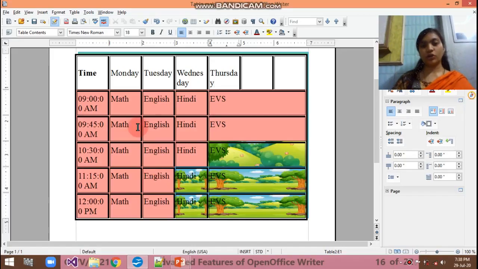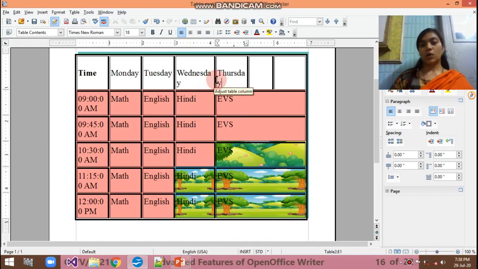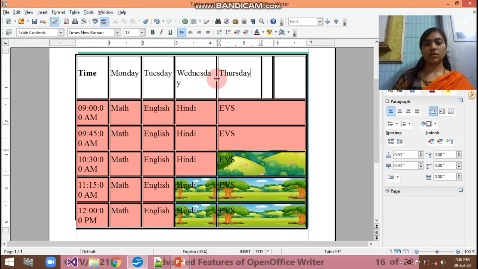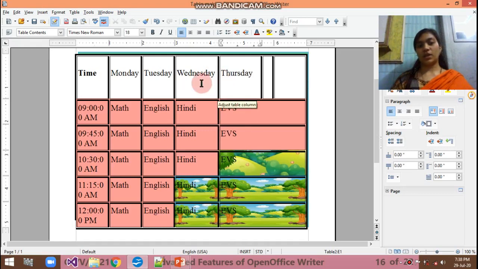I will show you the output also. Okay, so this is my cursor. You can see that it moves. When I go to this, it will be converted into the double-headed arrow. I just moved it, so you can see that the height has changed. If you want to change the width also, then you can go here and change the width also. Okay, I am changing the width here. You can also change it here. That will take a time to come. Okay, so Wednesday, Thursday both come in the perfect form.